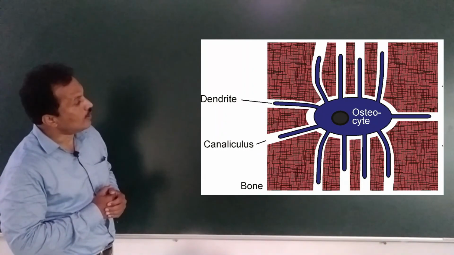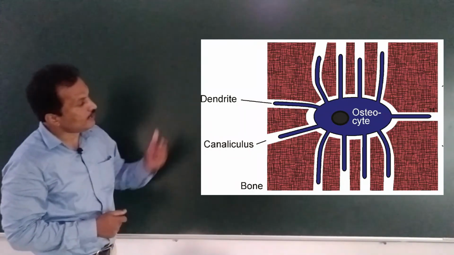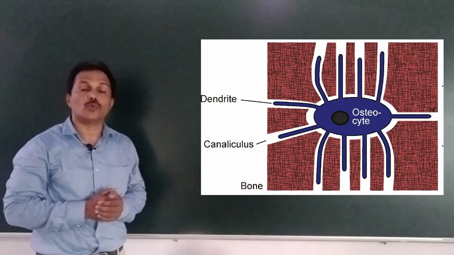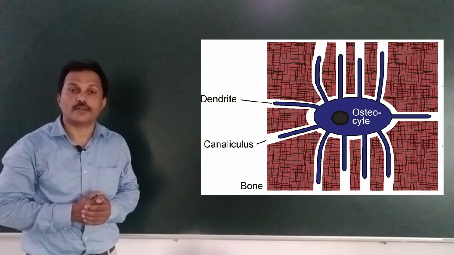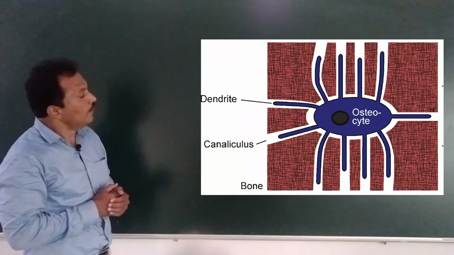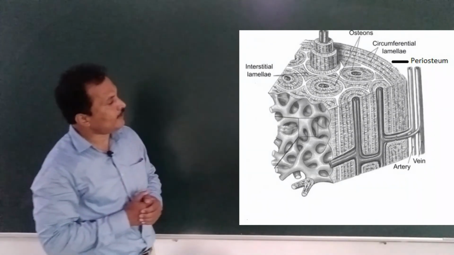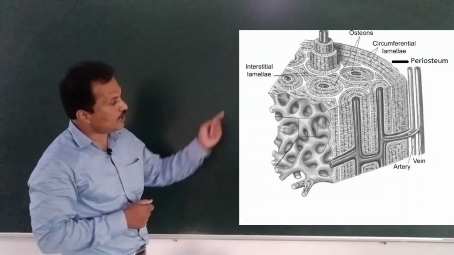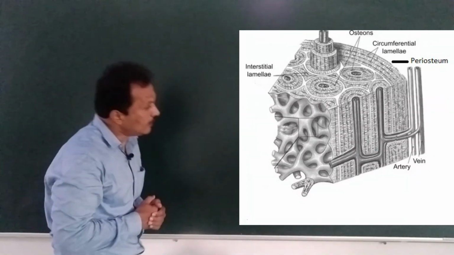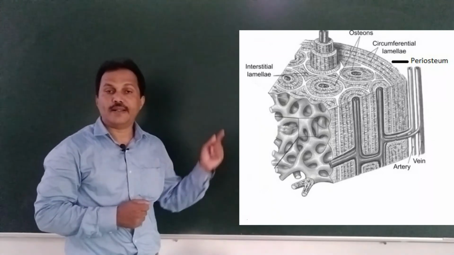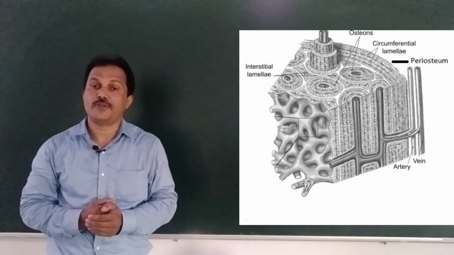You can see how the radiating channels connect two lacunae, and they are also connected to the Haversian system, through which you get the blood supply and the supply of nutrients, or they are connected with the nerves. So canaliculi is a very important aspect. Coming back to the different lamellae, we are discussing the concentric lamellae surrounding the Haversian canal, with osteocytes connected by the canaliculi, placed in the cementing system. It is one entire unit, known as an osteon or Haversian system.